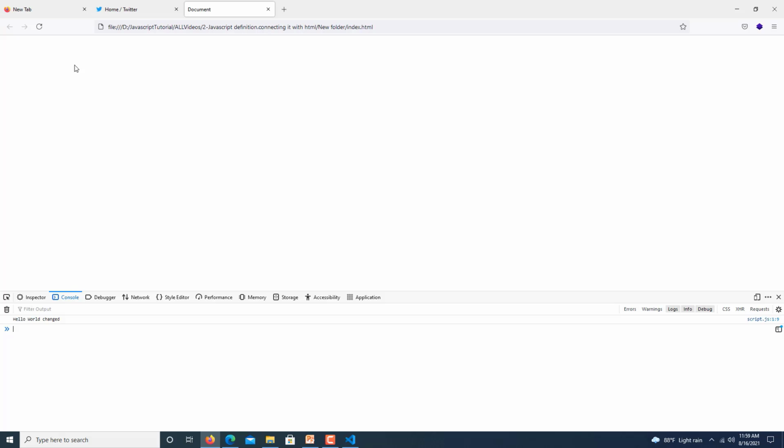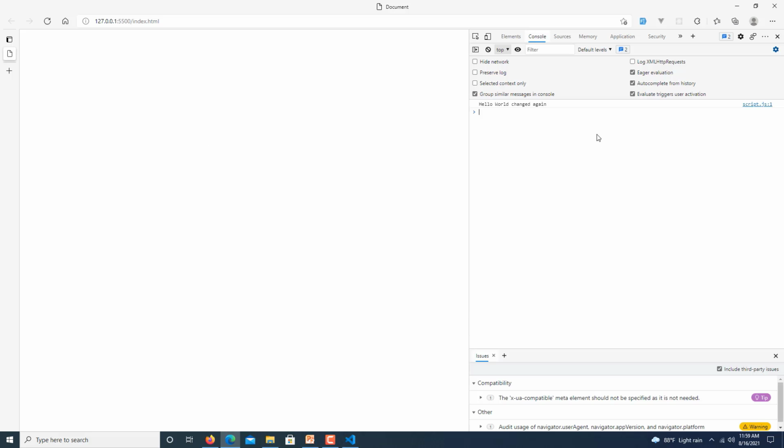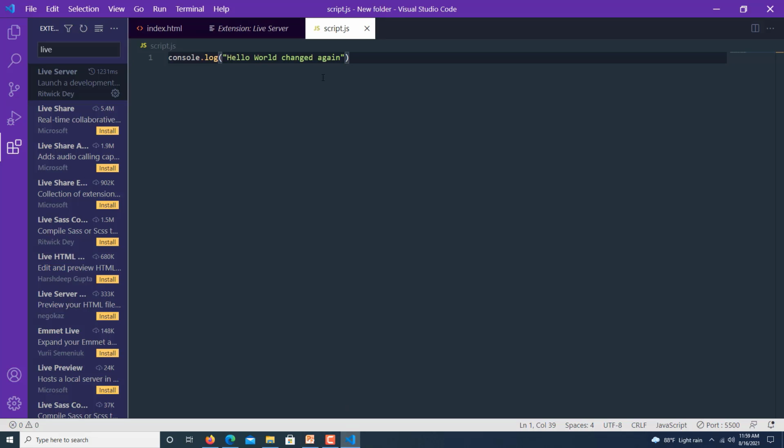Here, in the other one, I still have to reload. If I kept the default browser as Mozilla, it would open in Mozilla, but here you see hello world changed again. And here if we again write something like